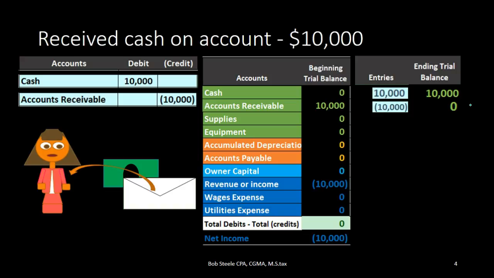What's the effect on the accounting equation? Well, assets have gone up because we got cash, but assets have also gone down because we no longer have the receivable. And that means that liabilities is going to remain the same as well as equity. This is another one of those kind of weird transactions when we look at it in terms of the accounting equation, because in essence, there's no impact on the accounting equation. One section of it, assets, went both up and down in this case.